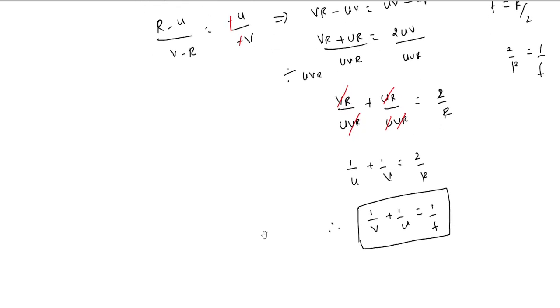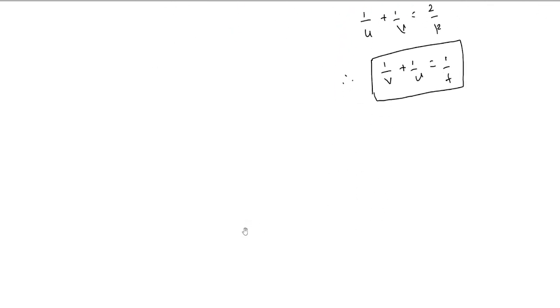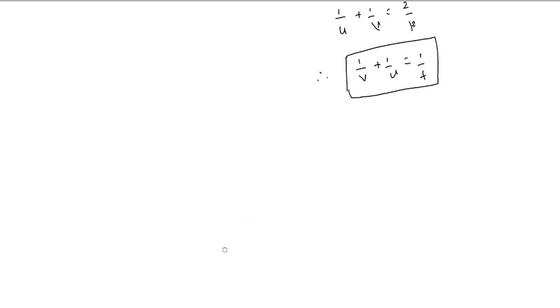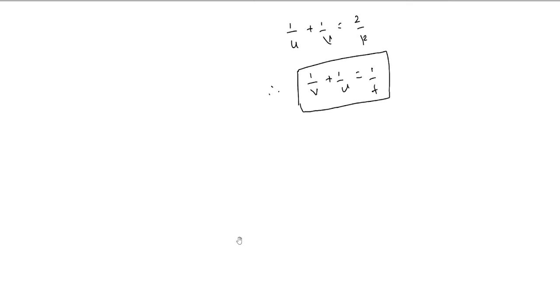Next point is that whenever we use this mirror equation, whatever the mirror type is, we should again use sign convention, which means if we use a concave mirror, in that case F should be again negative only. The numericals in ray optics are very simple, but then keep in mind the sign conventions, because that is where most students will make mistake.